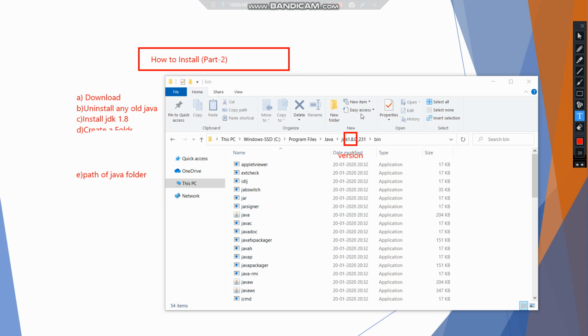It is the version of Java, and this 231 here is the update version, and this bin folder is basically called the command folder because it stores all the commands of Java.